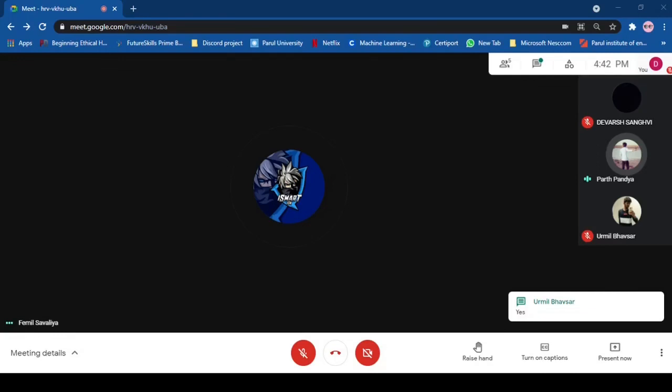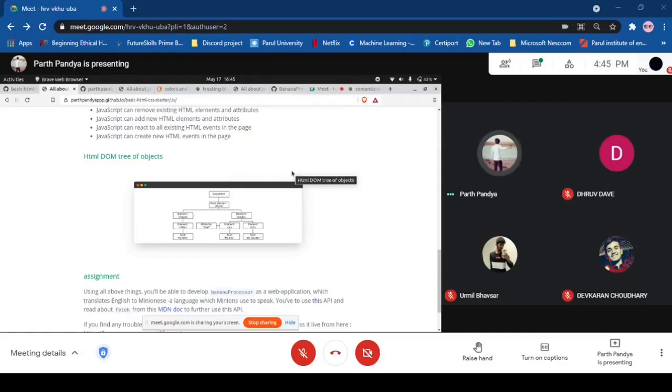JavaScript is a programming language. HTML is not. HTML is a markup language. It just tells a browser how to structure a web page, and JavaScript adds behavior to it. Anything which adds behavior to something is generally a programming language. And the DOM is this Document Object Model, a data representation of the objects that comprise the structure and content of the document on the web.